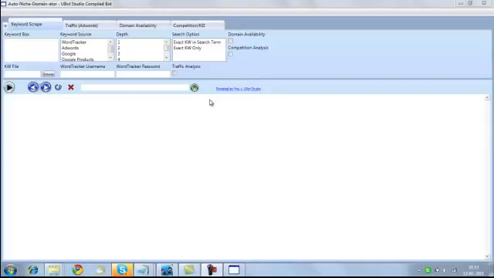So based on all four of these, there are four different tabs in this tool. The first tab is for keyword scraping. It gives you many options, like you can scrape your list of keywords from Word Tracker, from AdWords, or maybe Google Suggest, or even Google Products. You just type one keyword here, it will go to Google, type that keyword, and find all the keywords that Google pops up if you enter that particular keyword.